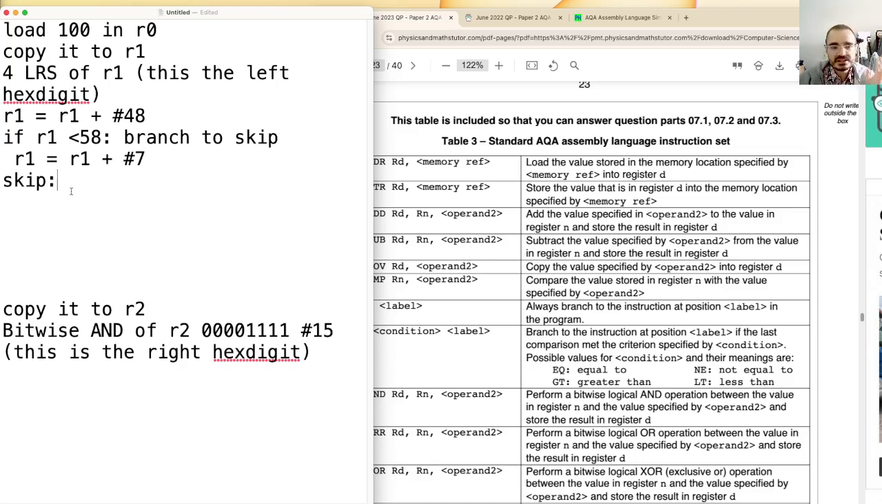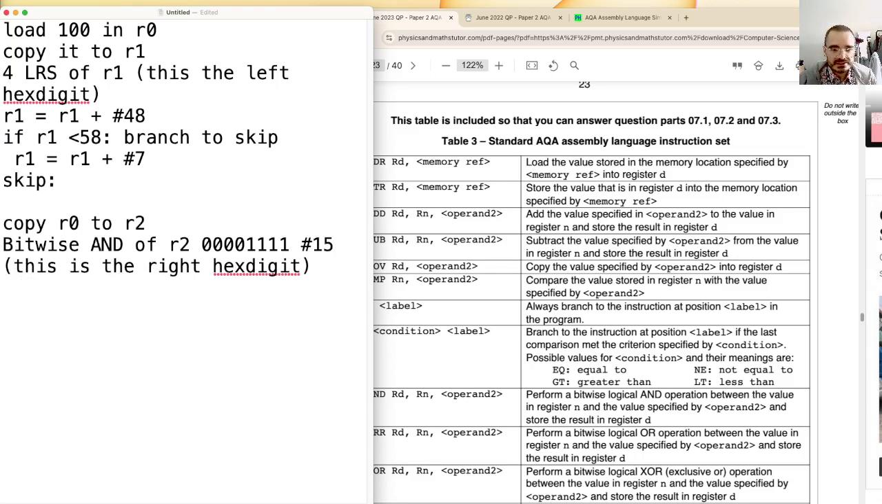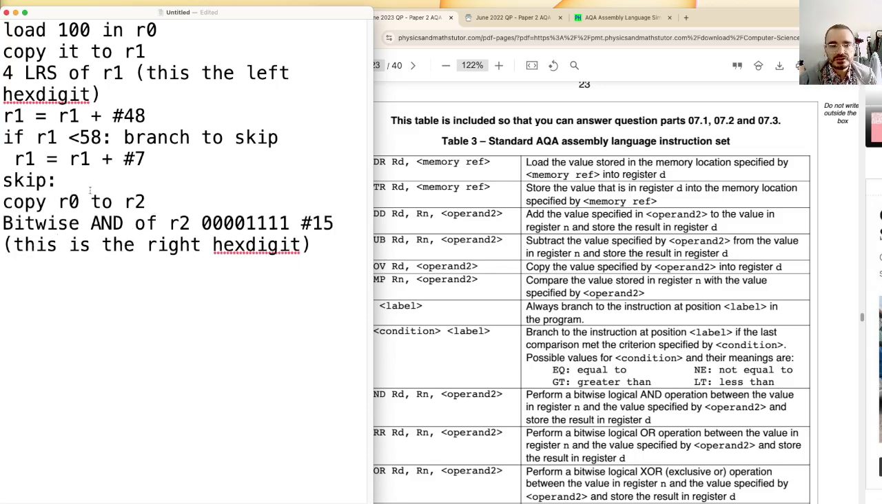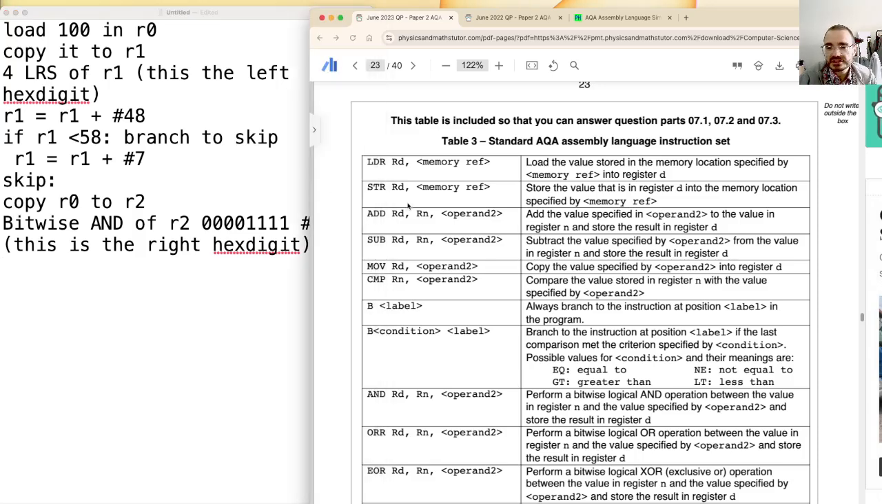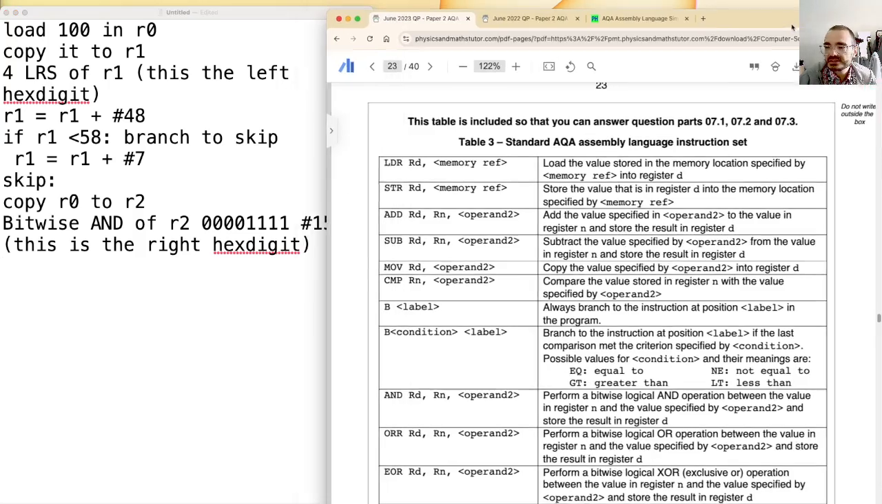Right, so this is this. And in skip, we're just going to copy. When I say copy it now, I'm referring to R0, and same deal. And so now we're doing the same thing for that, right? So let me write it in assembly then, right? So this is,